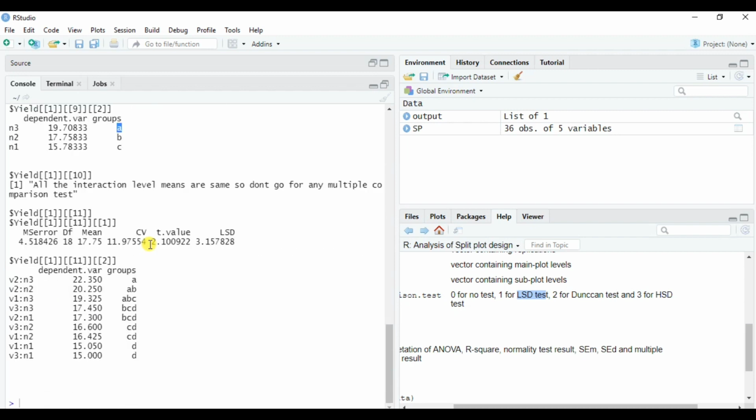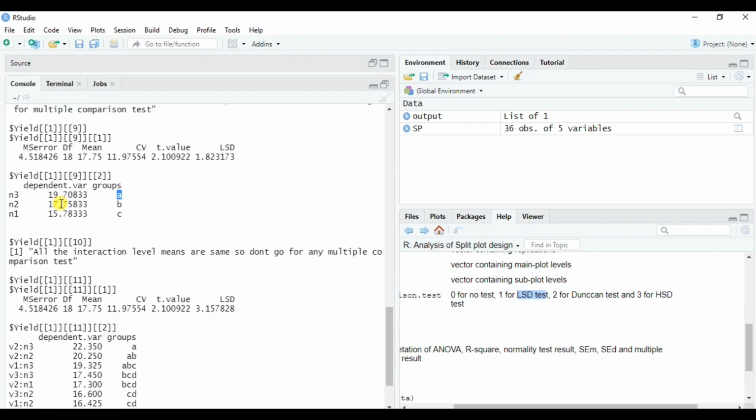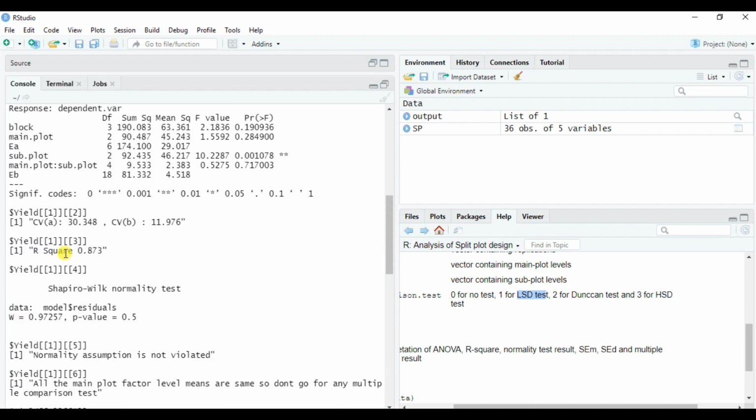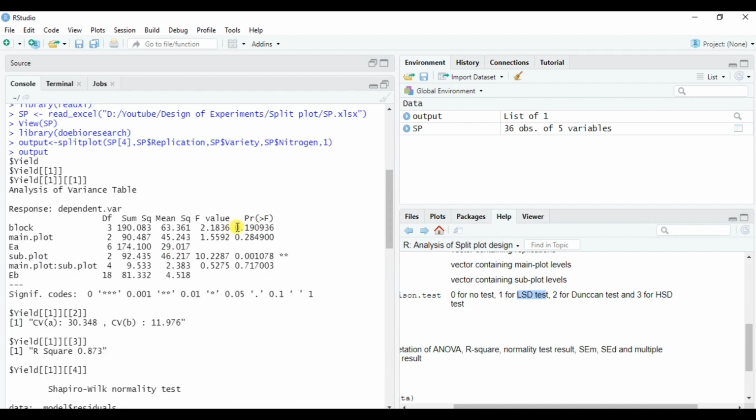Now it gives me a comment about the interaction between main plot and subplot. So all the interaction mean levels are same, so don't go for multiple comparison test, that is, ignore this. Now how are these comments written? These comments are written on the basis of this p value. Here the main plot is non-significant, that is greater than 0.05, so we should not go for multiple comparison test for the main plot.